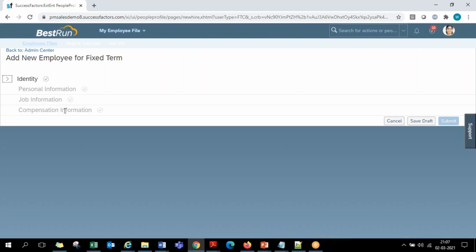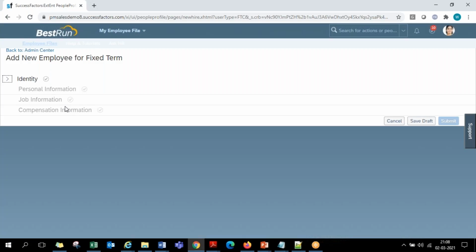Total 4 areas. These 4 categories serve the people profile. Almost 80% of the information we see on the people profile will be covered with these 4 categories of information.